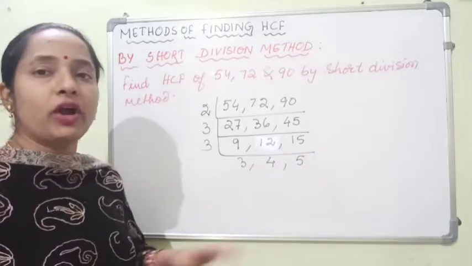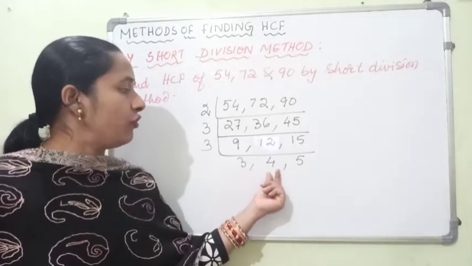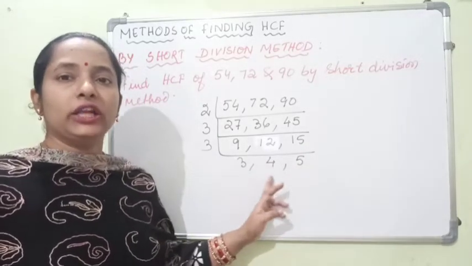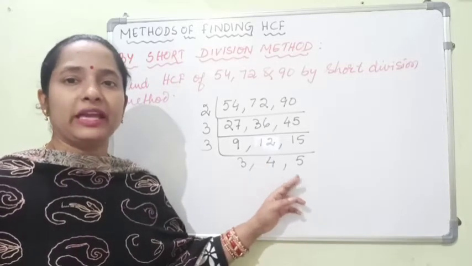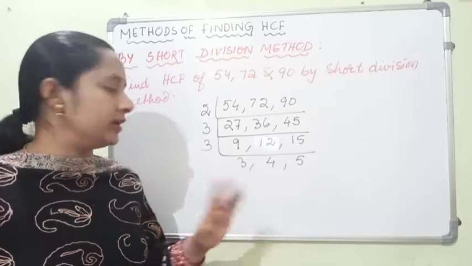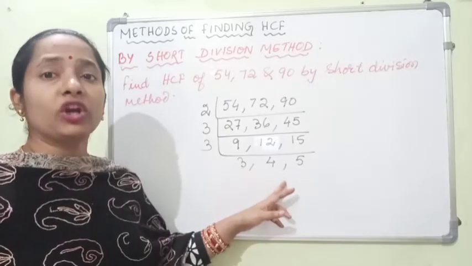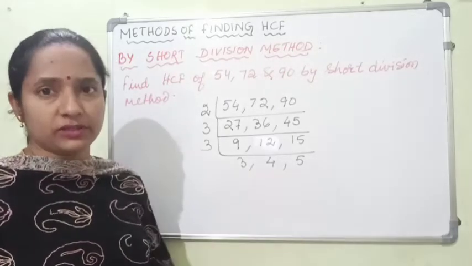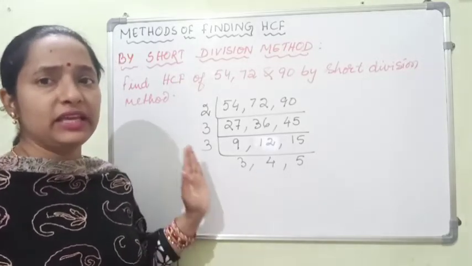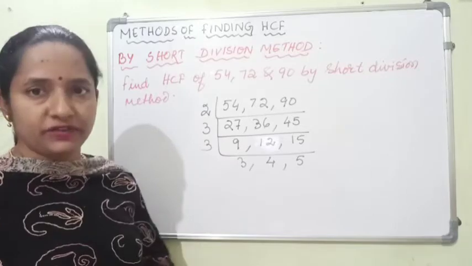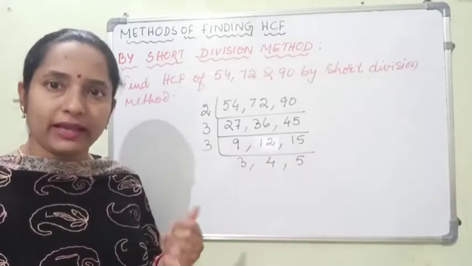Now tell me, by what number can you divide all these three again? Here we have 3, 4 and 5, where all these three numbers are co-prime numbers. They cannot be divisible by any one same number other than 1. But 3 can be divisible by 3, 4 can be divisible by 4 or 2, 5 can be divisible by 5. They can be divisible by different numbers but not by any same number. So we will stop our division here, where we cannot divide all the three numbers together by any number.